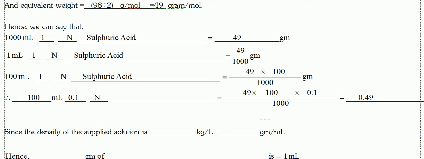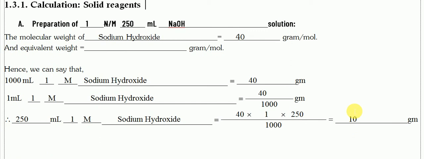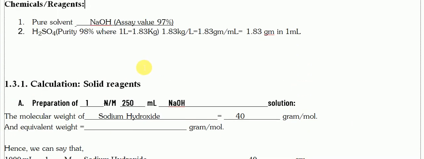But you know that sulfuric acid is not a solid reagent. Sulfuric acid is a liquid reagent, so we are not able to weigh 0.49 gram of acid from liquid sulfuric acid. So we have to convert this amount of sulfuric acid into volume. That means we have to convert this gram into ml, and to do so, we have to take a look. The purity of sulfuric acid was 98%,